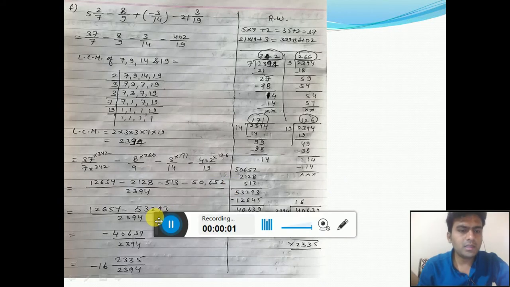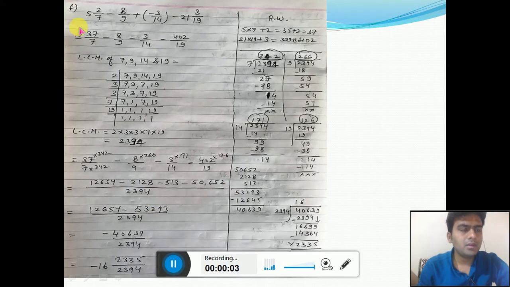This is the last question of exercise 4C, and this question is F. In this, two mixed fractions are given, 5 and 2/7 and 21 and 3/19. So we will change this mixed fraction into the improper fraction. So 7 into 5 equals 35, 35 plus 2 equals 37, and here 21 into 19